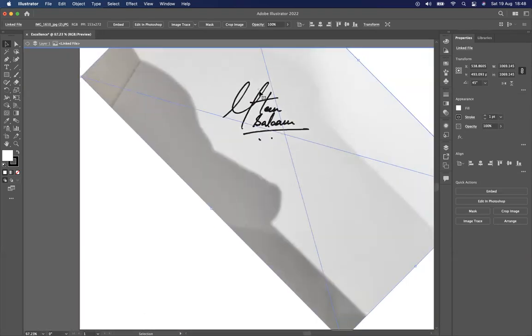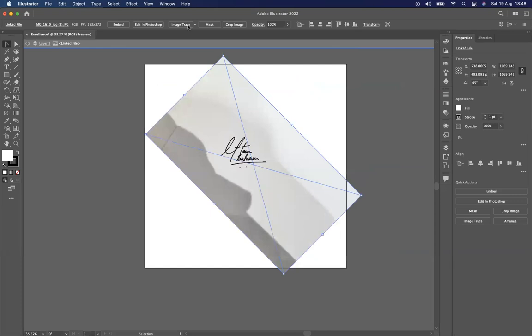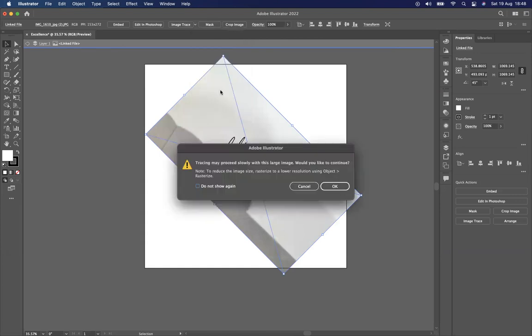Now what I will do is I'm going to click on the image and select image trace. Now I'm not clicking on the image trace, but rather clicking on the drop down of the image trace. So click on the drop down of the image trace. From here, go down to black and white logo. Why? Because it's having black and white image background, and this is the best option I see from the list. So I'm going to go and click on black and white logo. As soon as you click on this logo, it's going to give you